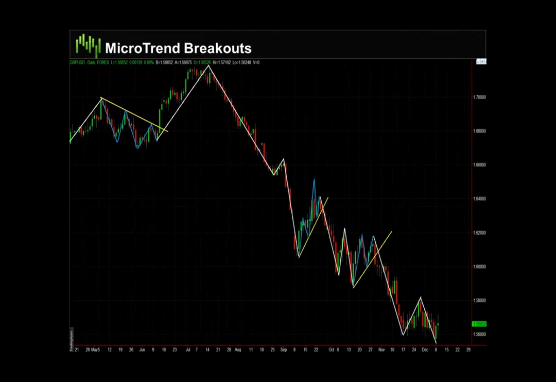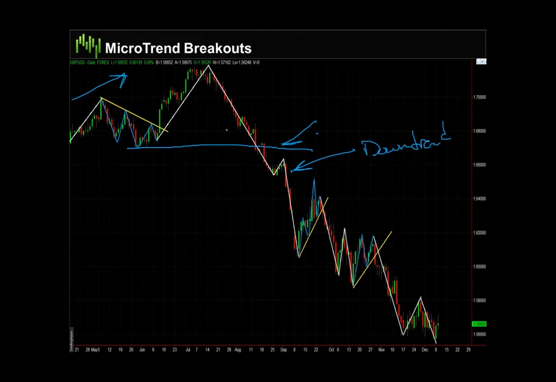So here's another example. This is the British pound US dollar once again. So remember over here we were in an uptrend, and then we changed to a downtrend as of this point here. We'll put in the lower high, so at this point here, downtrend. Now, here we have a high and a low and a lower high and lower low, micro downtrend within context of major uptrend. Here's a break. There's your long entry. This is why you don't wait for the close. If you waited for the close, you missed out on 100 pips.